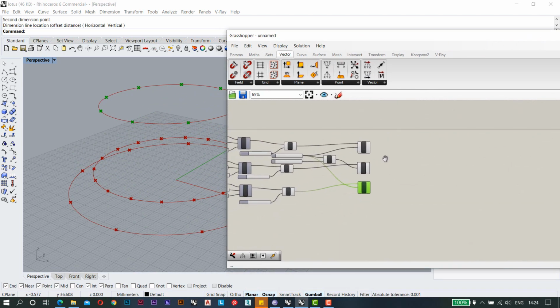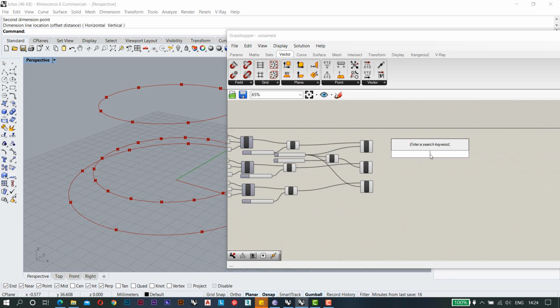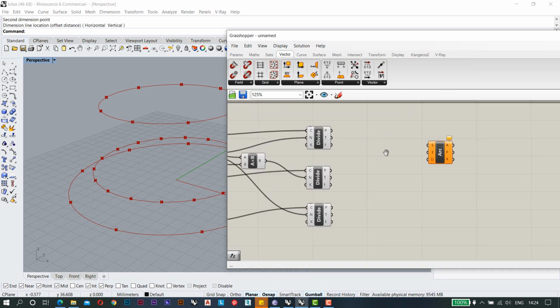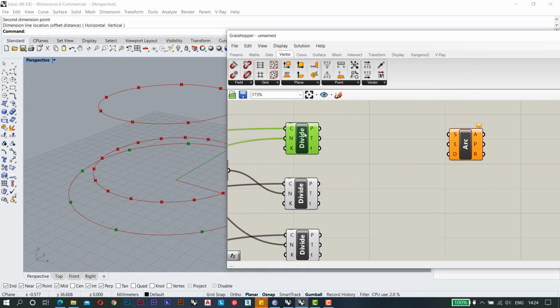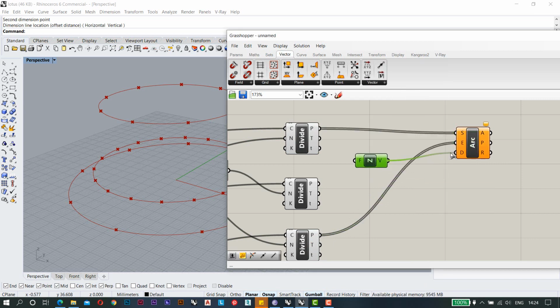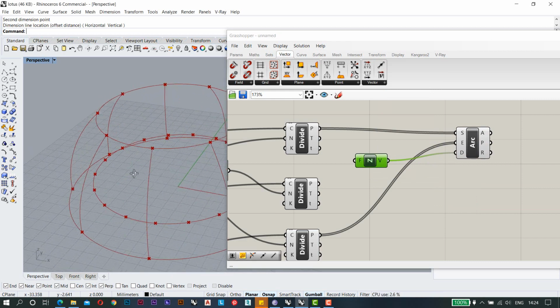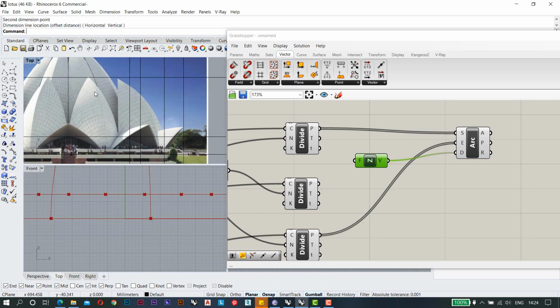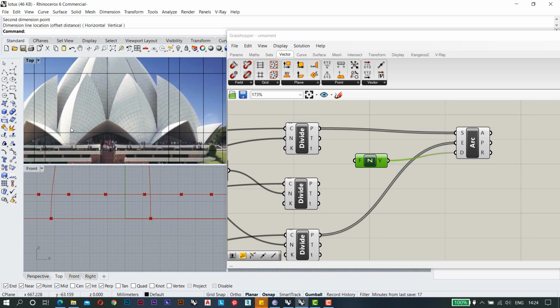So for making arc, we will go to the arc option. So here we have option in which we need to tell start, end and direction. So in this one, the start point will be the bottom, which is this one, and the end point will be the top one. So this is there. But for the direction we are considering Z factor right now. So the moment you connect it, you will see you will get the arcs. So these are the major arcs which are there, which are these ones basically.